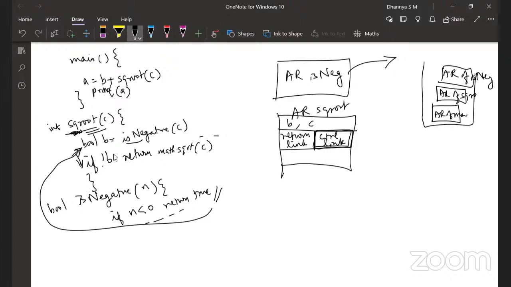So in this example, main has a b and square root also has a b, right? Main's b will be here, square root's b will be here. That's your doubt, right? Yes ma'am. I think they will have different memory locations, and that will be taken care of by the system.